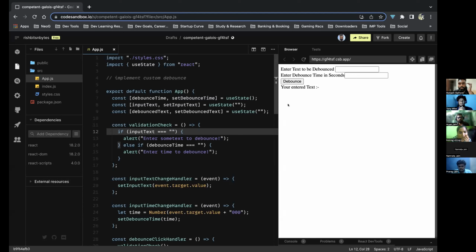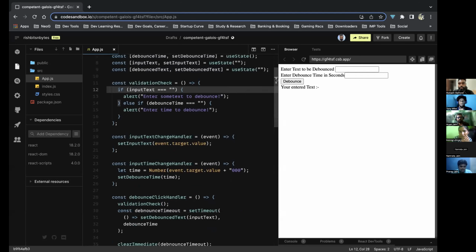Hey, not able to hear you. Hello, can you hear me now? Yes, go for it. I hope screen is visible. Yes. Okay. So the user will input some text to the prompt, and then will enter, let's say, 5 seconds, and the button debounce, then it will count for 5 seconds, and after that,